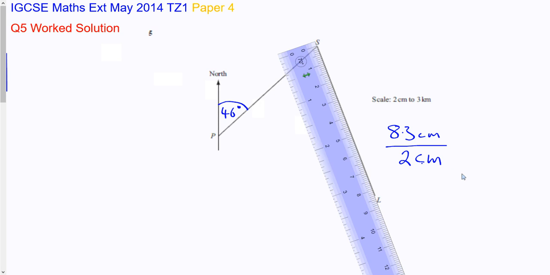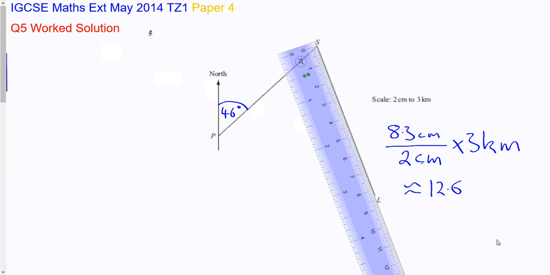After I've seen how many lots of 2 centimetres are in 8.3, I'm going to multiply that by 3 kilometres. If you put that into your calculator, 8.3 divided by 2 multiplied by 3, you should end up with something like approximately